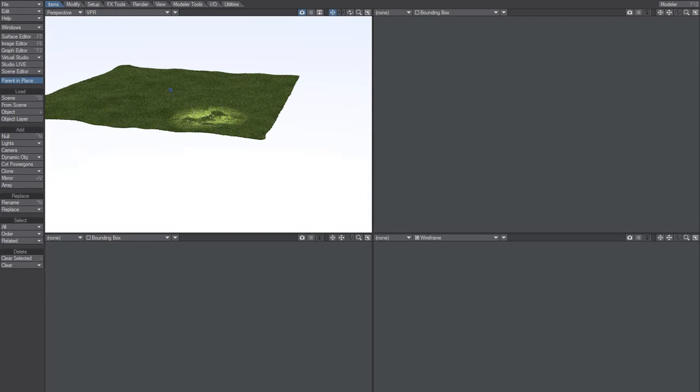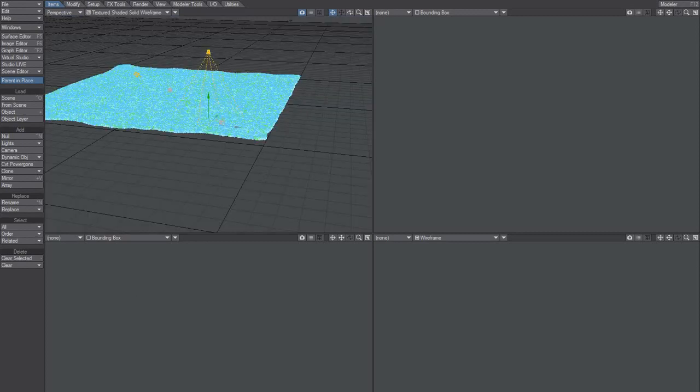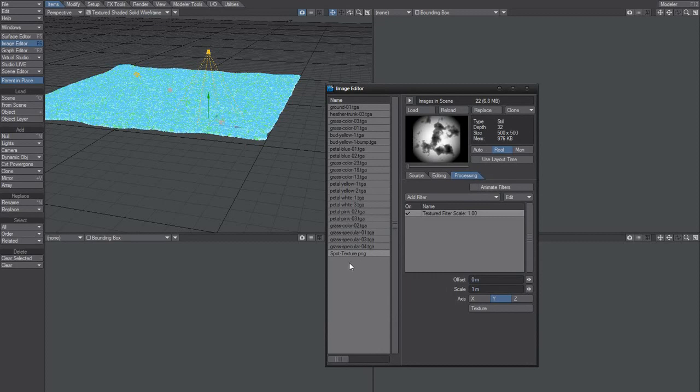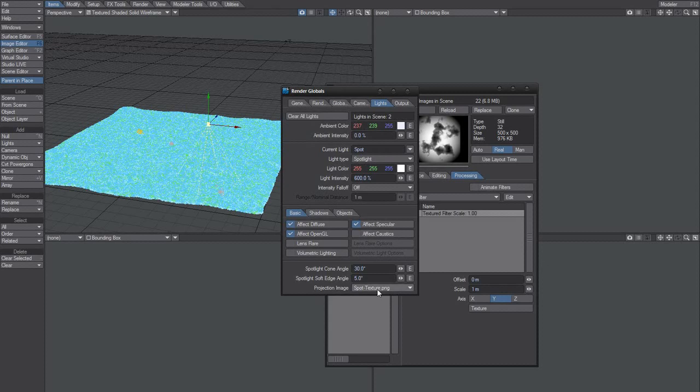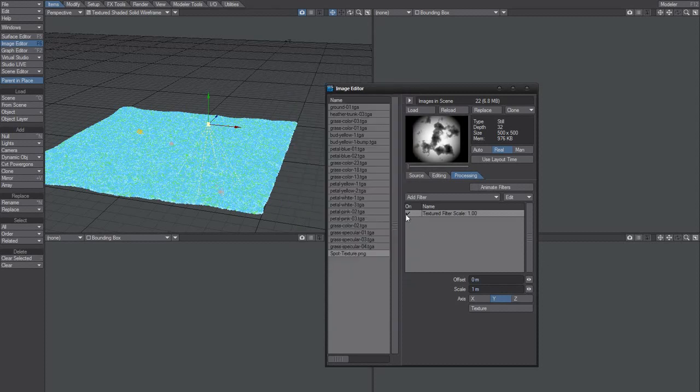This dark stuff here is procedurals, and the way to do that is, let's see, if I click F6, oh, I forgot to tell you that this spotlight of course has this spot texture. But if I turn that textured filter off,